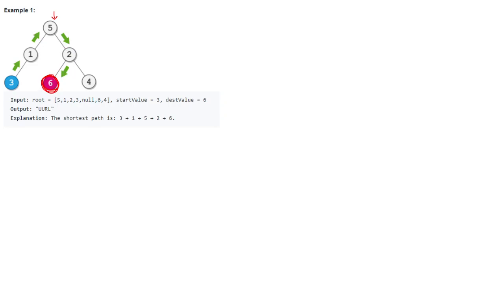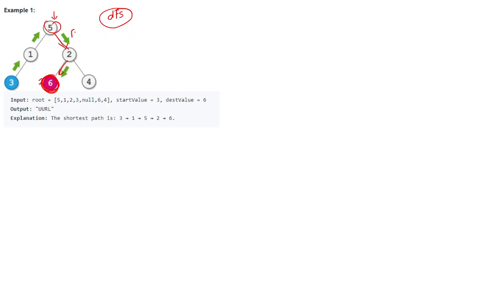Suppose we are searching for 6, how can we do it? We have to go first right and then left. So we can easily do a DFS and get the path of this 6 from the root node and store the path values which it has taken.